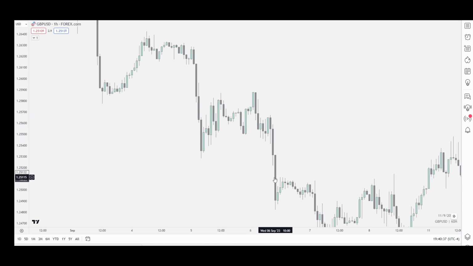So that's 2 confluences there, and trading's all about probability. So the more confluences you build, the better probability your trade is of not being a loss and actually hitting